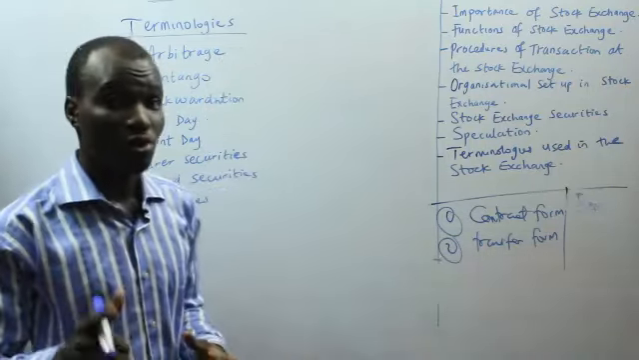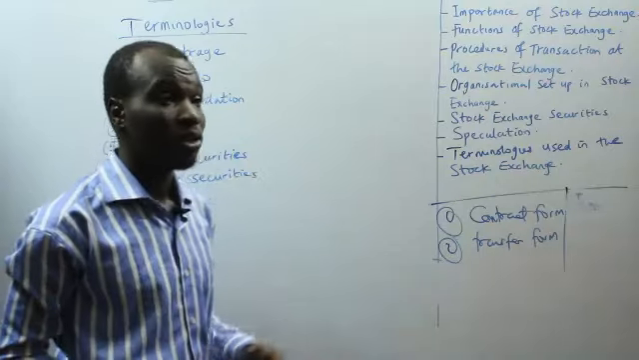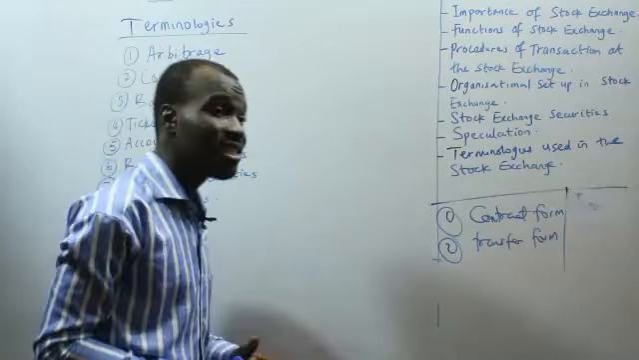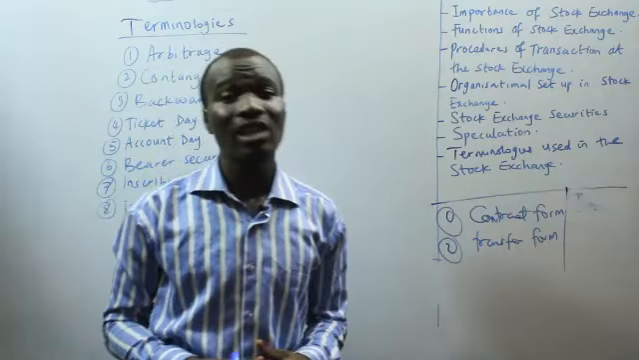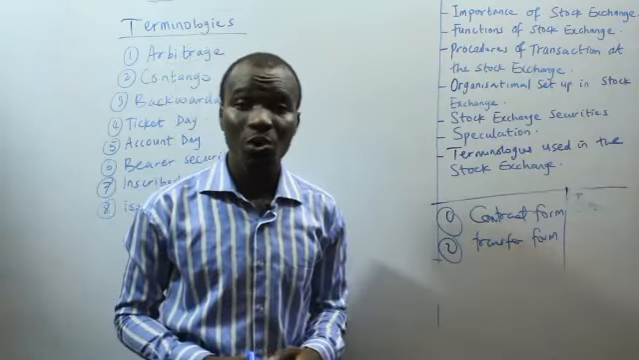The payment will be made to the short buyer is called backwardation. Now the next thing we have is the ticket day. This is one of the second day. The ticket day actually represents one of the second day in which